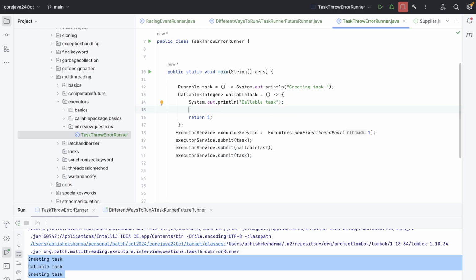I'll just randomly say, let's do some fun and let's do this thing. What will happen over here? Exception. Right, arithmetic exception, right? So now if I run it, what should happen? Should it run the next task? Should it close the executor service? Should it stop this? Whether it will log the error or not? What should happen? If I run this thing,